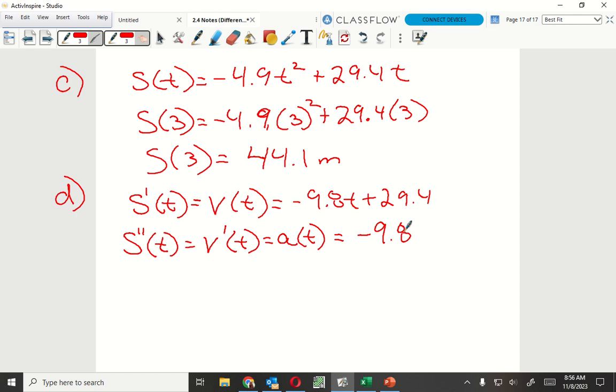And what are my units on this one? It's still meters, right? Meters per second squared. Acceleration is always meters per second per second. Does that make sense, or is that nonsense? Okay. All right, so